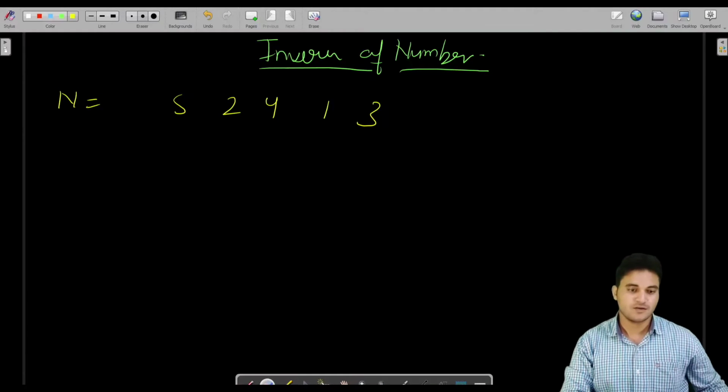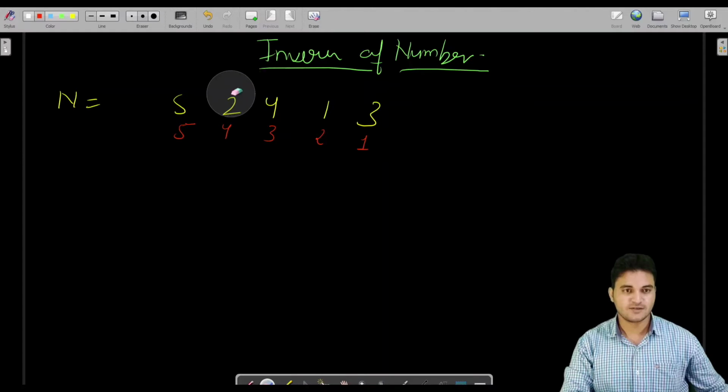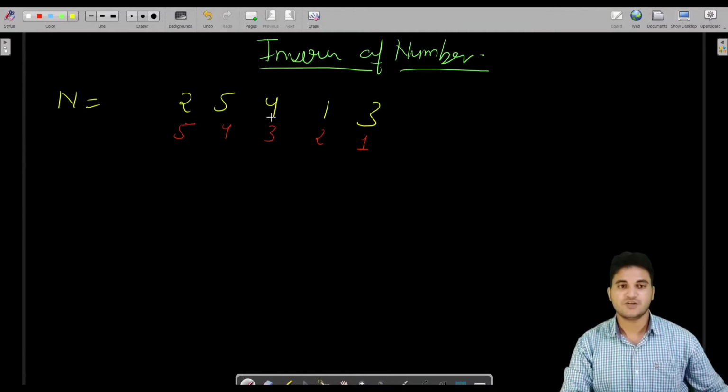So what you have to do is, let us count the indexes from right to left. The index for this is 1, this is our second position. Let us write using another color. So this is at first position, this is on second, third, 4th and 5th. These are the positions of this, and let us reverse their positions also. So 2 and 5. Let us see, we have been given this number.